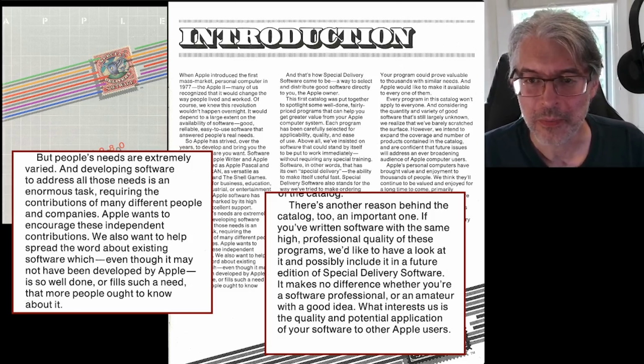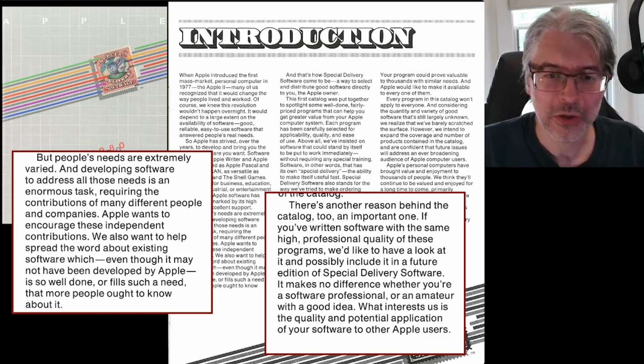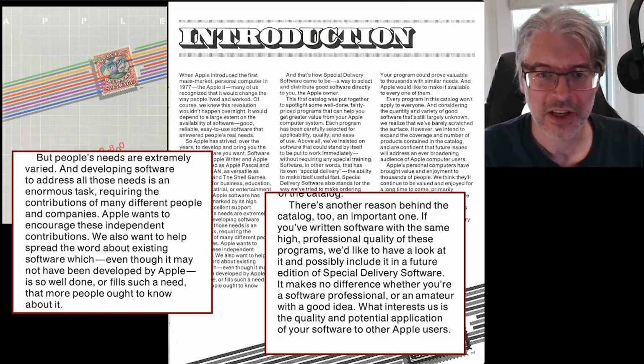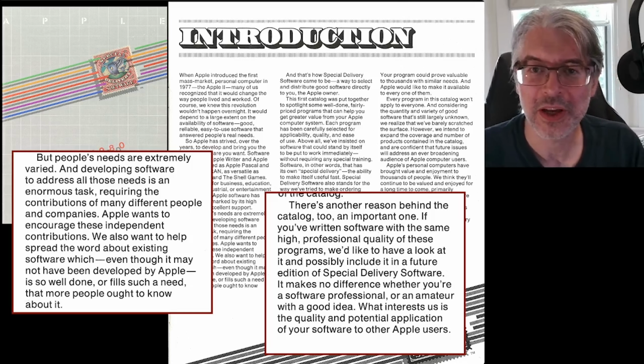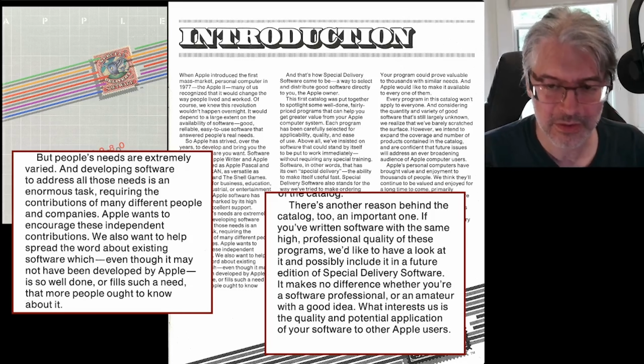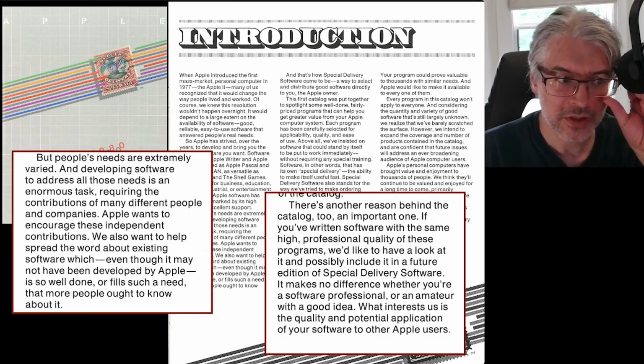They're saying, if you've written a cool program, send it to us, and we might put you in the next catalog. Here's the set of programs that we have in our current offering. And the fall 1980 catalog actually doesn't have a lot in it, but